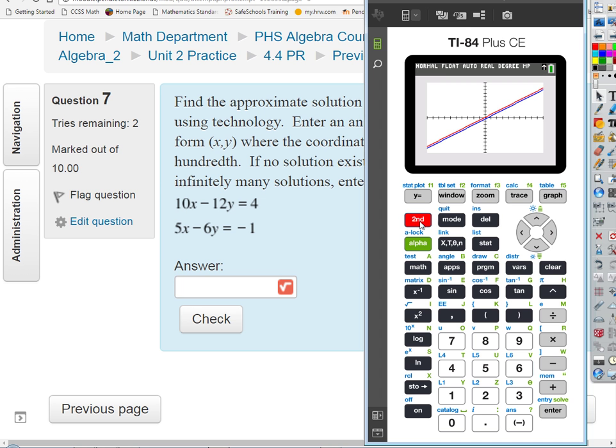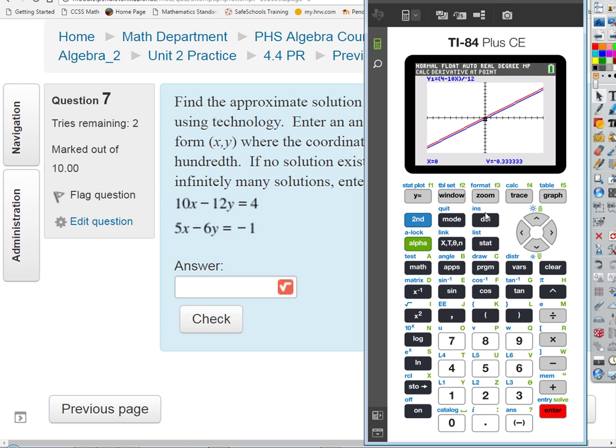We can go to the calculate menu, and we're just going to ask the calculator what the slopes of each line are. Because remember, if lines are parallel, they have the same slope. Well, number 6, that's our fancy calculus way of saying slope. So we're going to choose option 6. And then we're going to be on y1, which is the bottom line. Notice it says y1 up here. If I hit enter, it tells me that the slope is